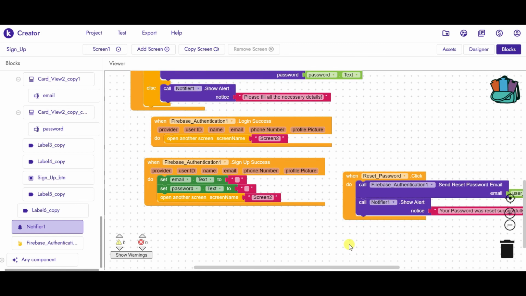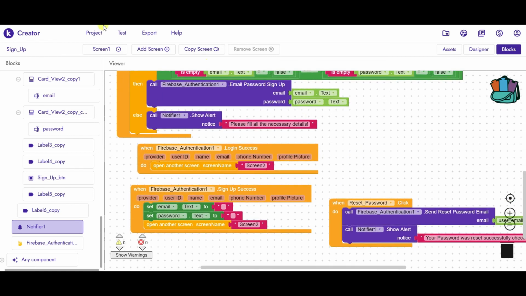So we have successfully completed our app. In this video we have learned how to create the design for the app, how to connect Firebase authentication with Quadular, and how to create the code. So here you have numerous options. You can discover more, you can explore all the amazing features of Firebase authentication. So this is how you can create the app, and here you can also add the screen. You can add screen 2 over here. Here I have not added screen 2, but you can add it if you want.